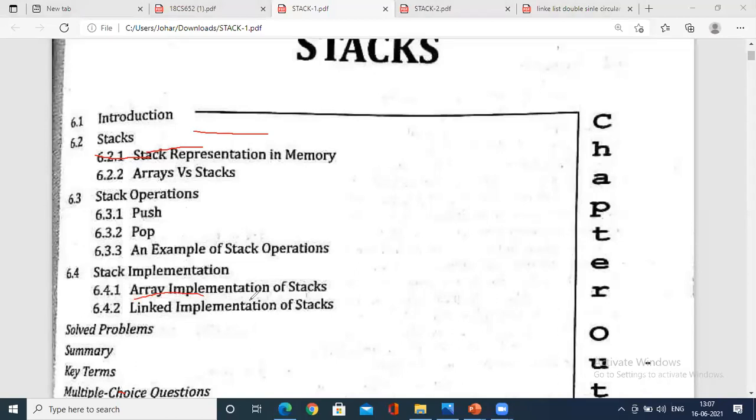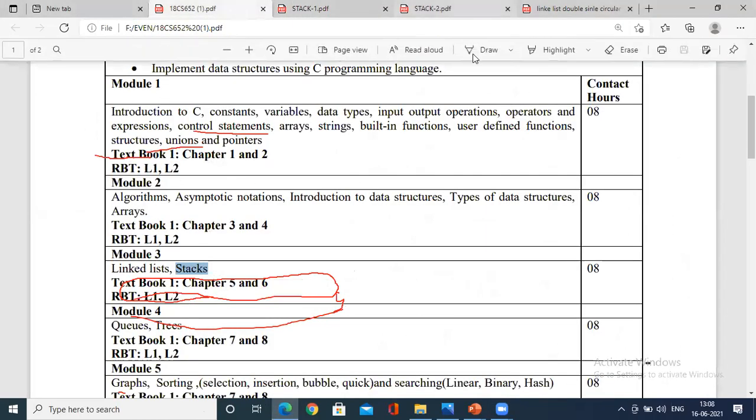Basically, I could expect the question on array implementation of stack, since he has not given much of the concepts on the linked list. I could expect this program from the examination point of view: explain with the help of an example array implementation of a stack, or specifically push operation using stack, pop operation using stack, or array implementation of a stack using push, pop, and display. So let me see, if possible, let me take one more session in a simple manner on how to explain push and pop operation. This completes almost your third unit related to the stack, though for the linked list we have a balance. Why have I not taken linked list again?